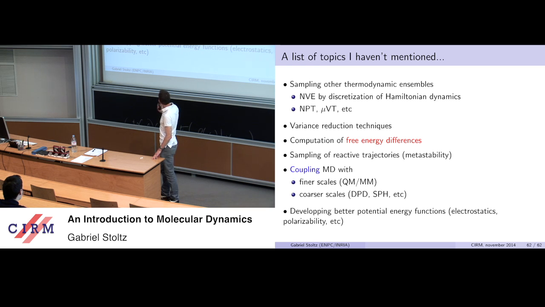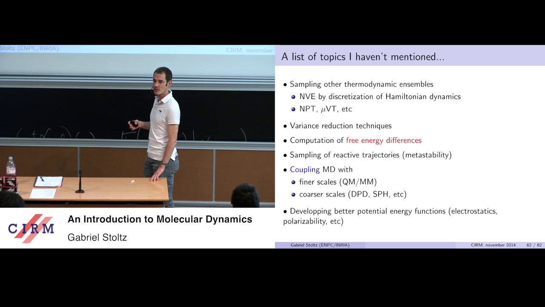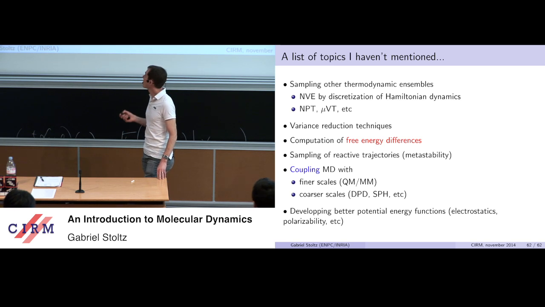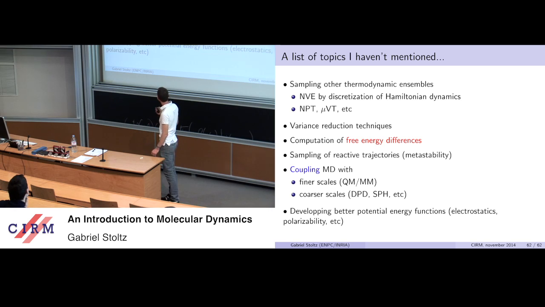There is the computation of free energy differences. I've talked today about computing average properties like pressure, but there are properties like free energy, entropy, and so on, which are not the average of something. They are really related to the partition function and not averages of something. And so there are dedicated techniques to compute differences of free energies rather than the free energy itself. This is important, for instance, to assess the relative likelihood of two typical conformations of a molecule or other systems, or two phase transitions in a solid.